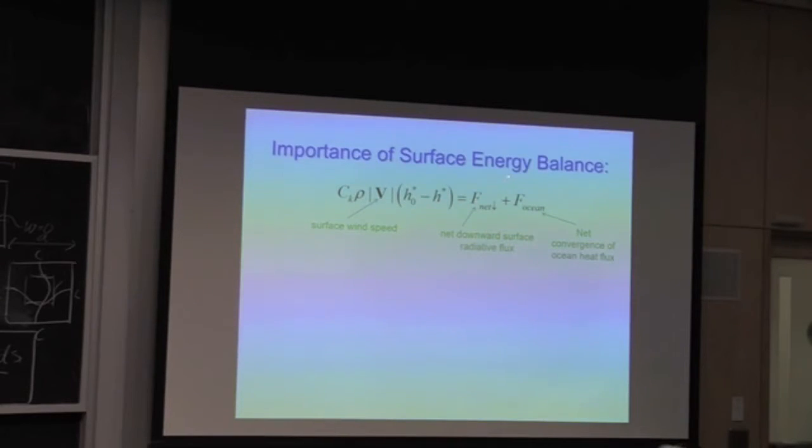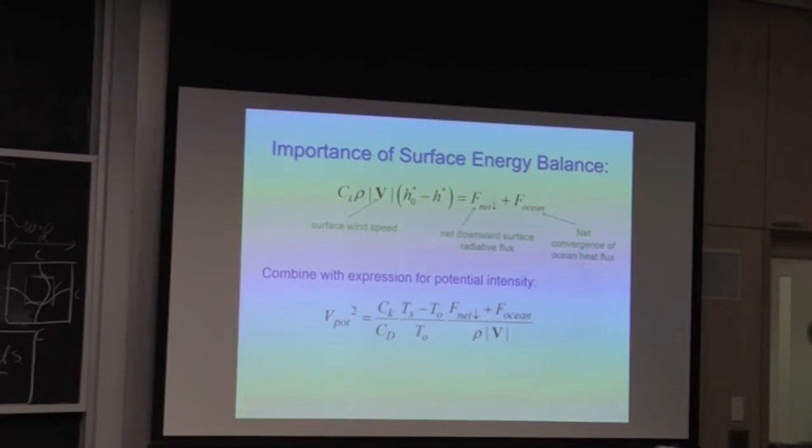So this is simply the net radiative flux into the ocean, the net downward flux into the ocean. And this is any convergence of heat by ocean currents that occurs. So that, in a long-term mean, dictates what this thermodynamic disequilibrium is. If we combine that with the expression for potential intensity, which involves this,